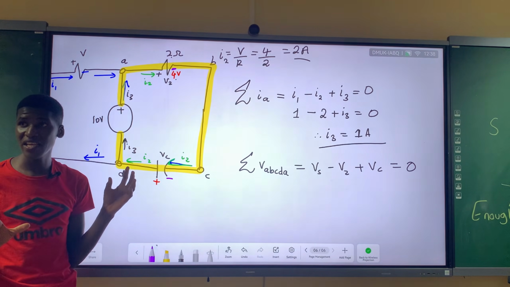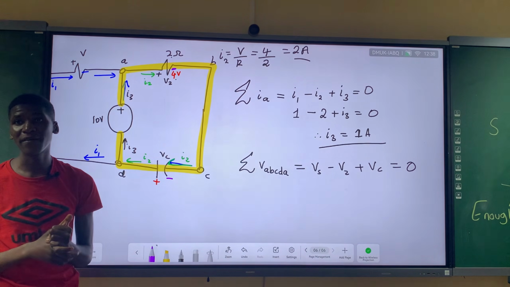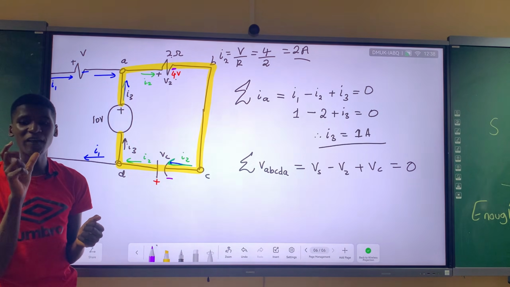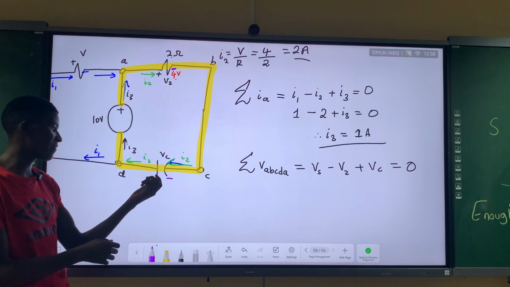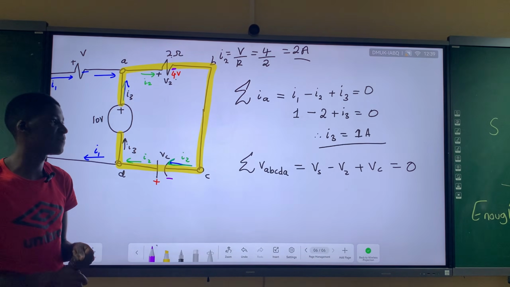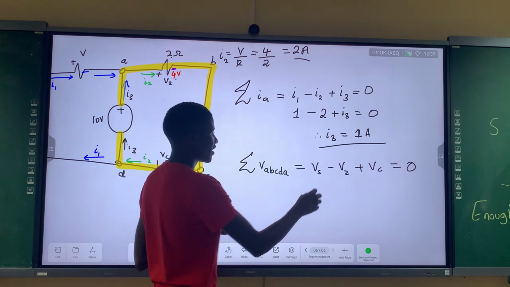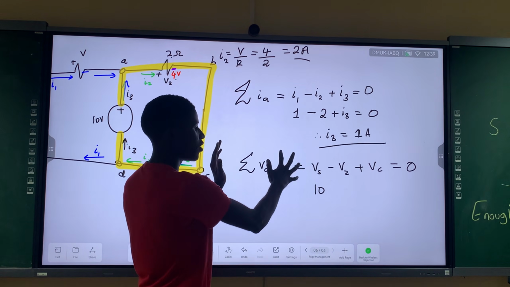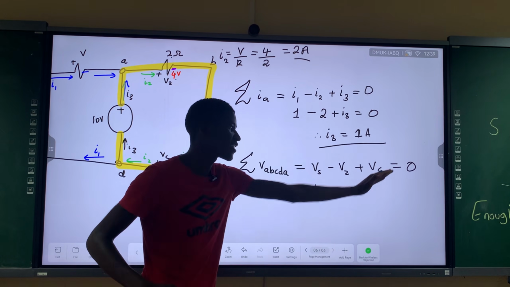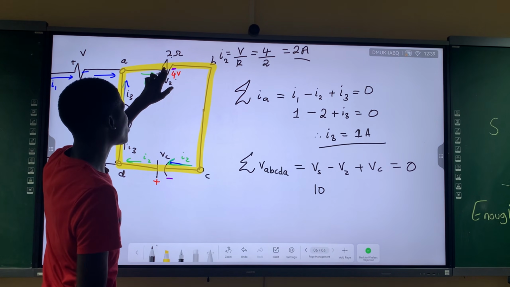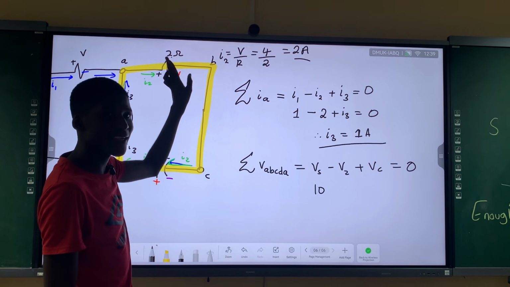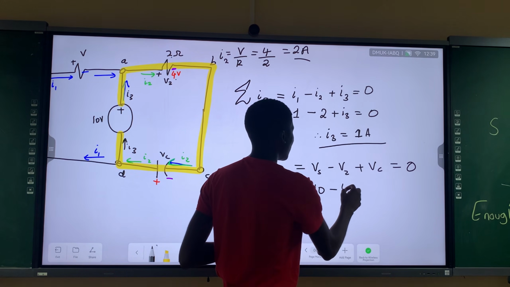Now we say the other approach is confusing, but you just maneuver around the terminals, because here they gave us that a terminal is positive. Then you substitute and you get the answer. The voltage of the source is 10 volts. We just substitute into this expression. If voltage 2 is 4 volts, so that's minus 4.